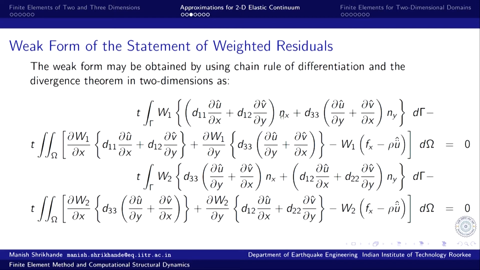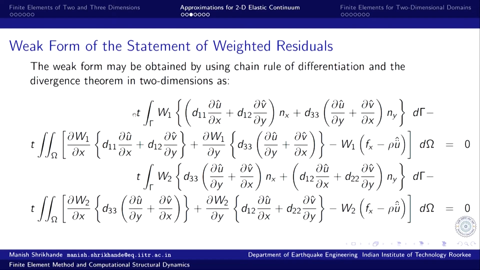x. So, that is the traction, and this is the second term, the del y term. So, that becomes the direction cosine n y, and this is the boundary integral taken along the counterclockwise direction. So, the 2 dimensional domain will be bounded by a curve, and now the boundary integral has to be evaluated moving around this curve in the counterclockwise direction, and this is of course T, the thickness. And the second term, the boundary